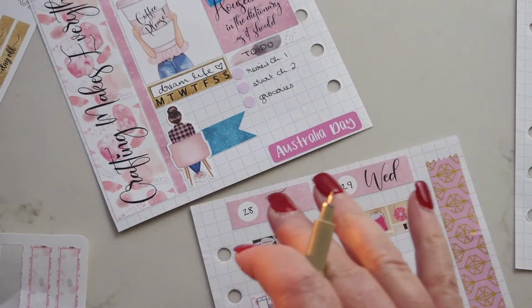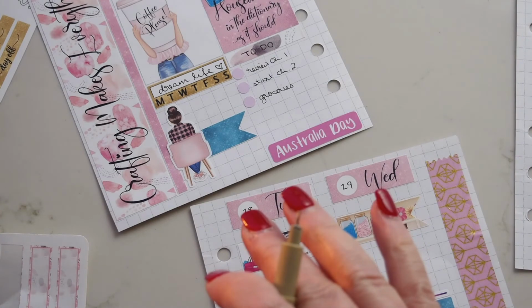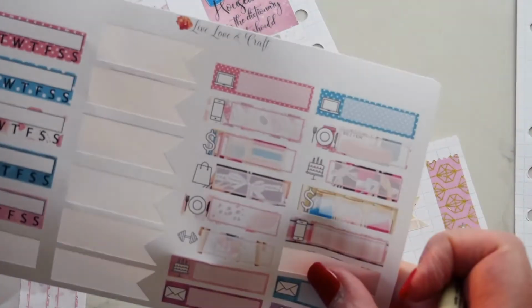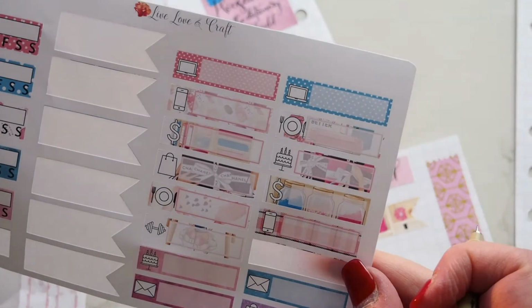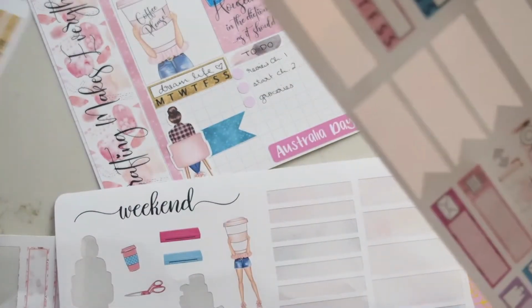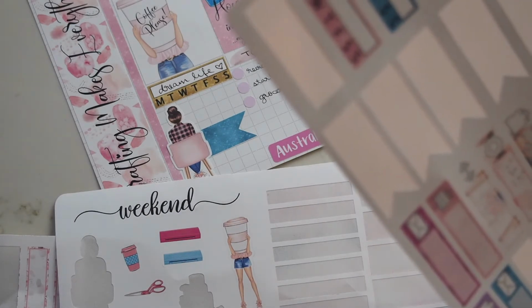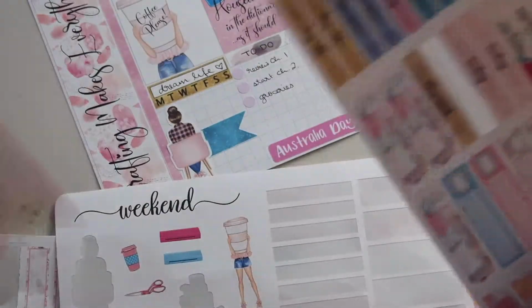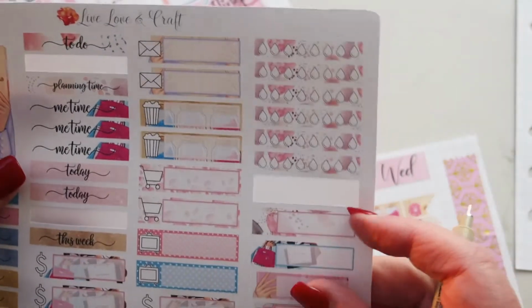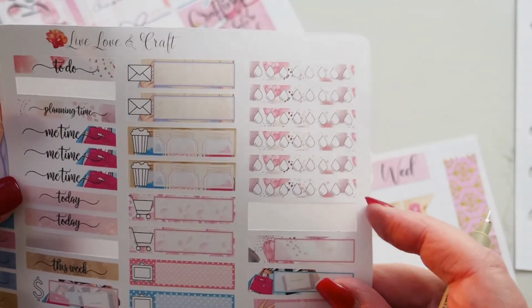If I can just find the little sticker I wanted. I'm looking for a coffee cup. I thought I saw a coffee cup one here. There is this coffee, of course. I could use her. She's a bit big though for a coffee cup. Okay, that's cool. I'll use this little one here,